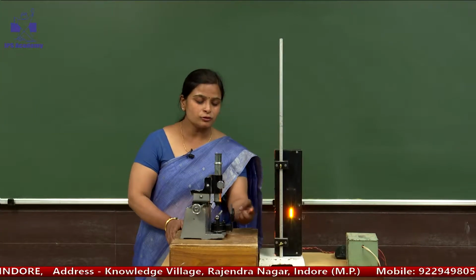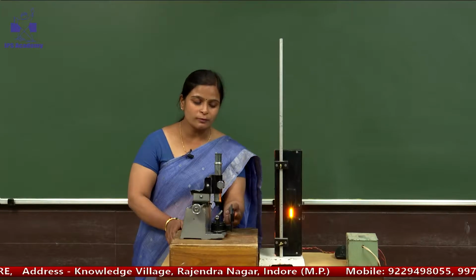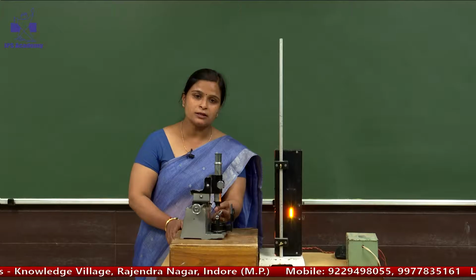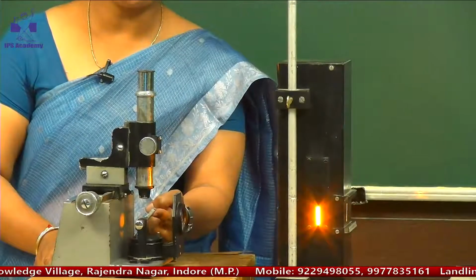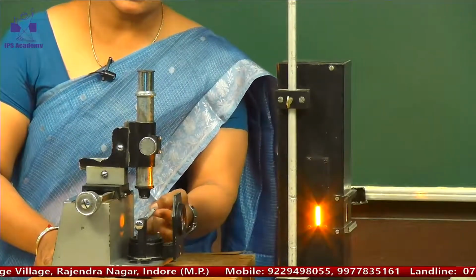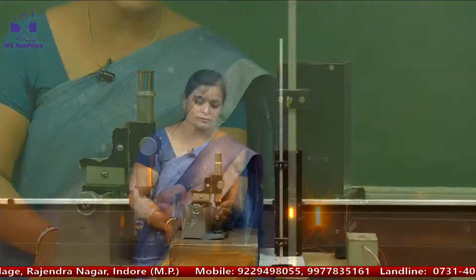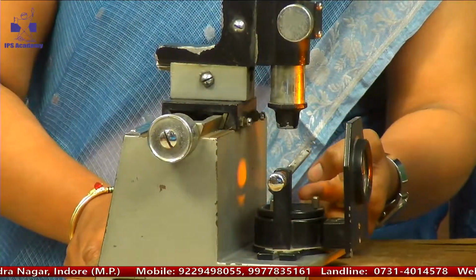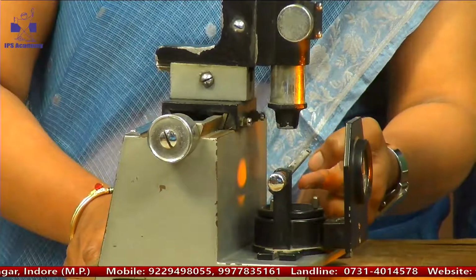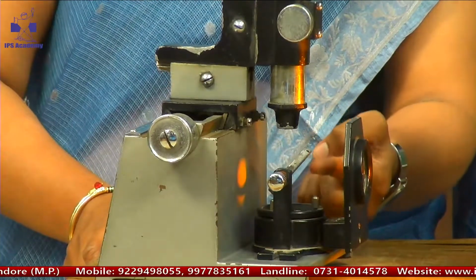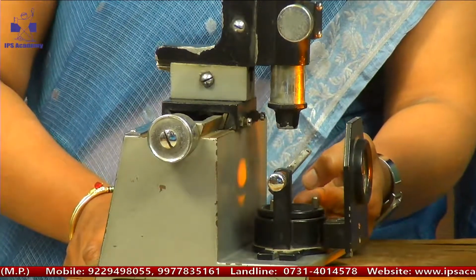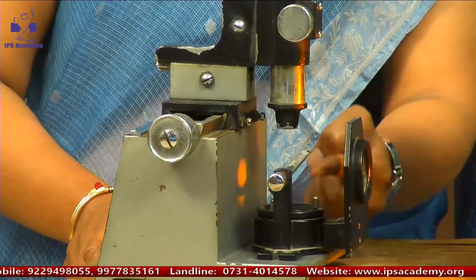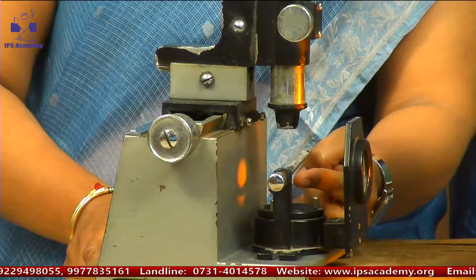The light is coming from the sodium lamp and then it is incident on the plain glass plate, which is inclined at a 45-degree angle. Here, because the plate is transparent, partial reflection and refraction will take place. Some light will be reflected by 90 degrees because this plate is inclined at 45 degrees.